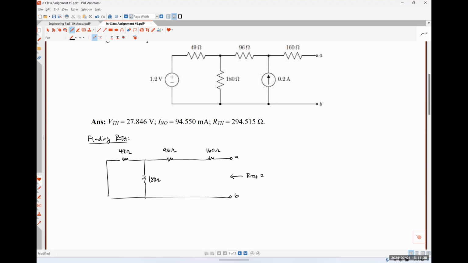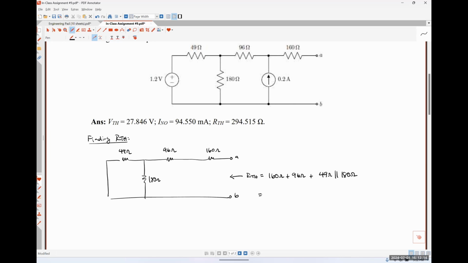160 plus 96, plus 49 and 180 in parallel. Exactly right. So I'm just going to throw that into my calculator really quickly. So 160 plus 96 plus 49 times 180 over 49 plus 180. 67,444 over 229, or crap,